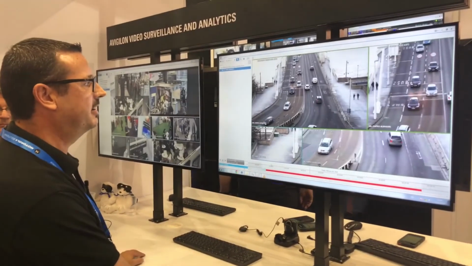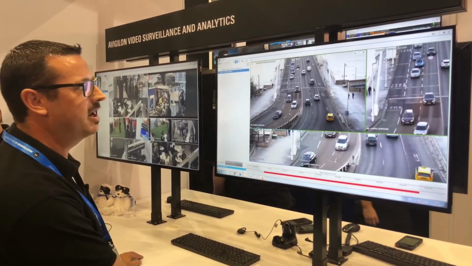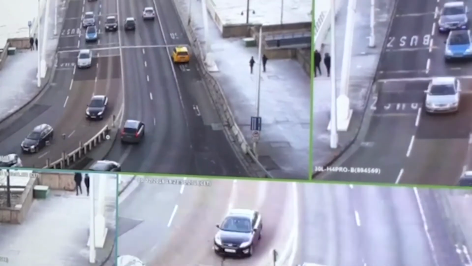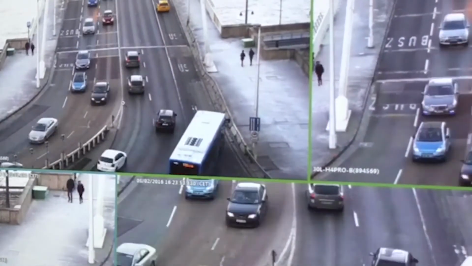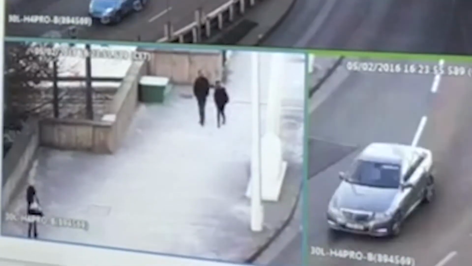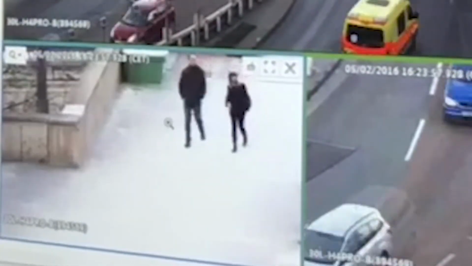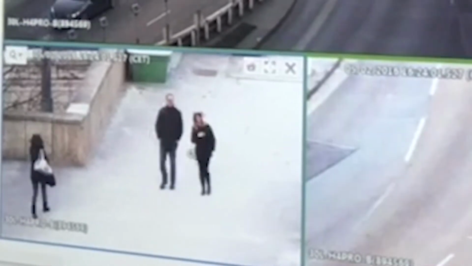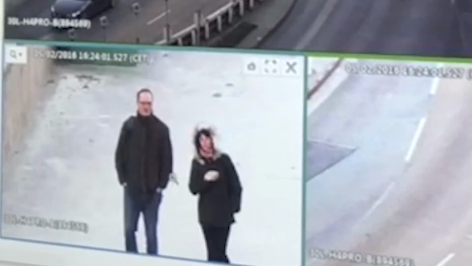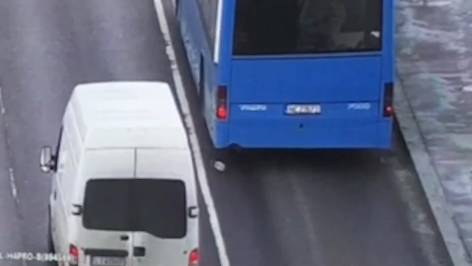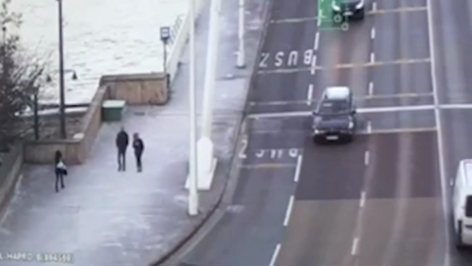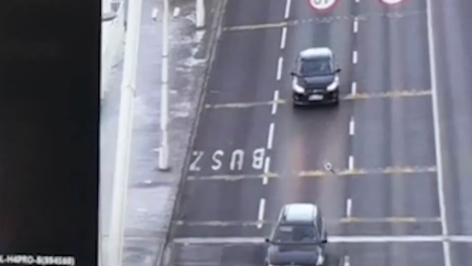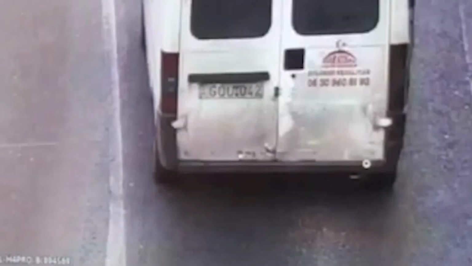So what we see here is a high-resolution camera. It's a 30-megapixel camera that is covering huge areas. We can zoom in to different areas and look for more details, like for the person. I'm just going to pause the picture, recognize faces, or even read number plates on the cars that are moving on that street. So that's one of the advantages of our high-resolution cameras